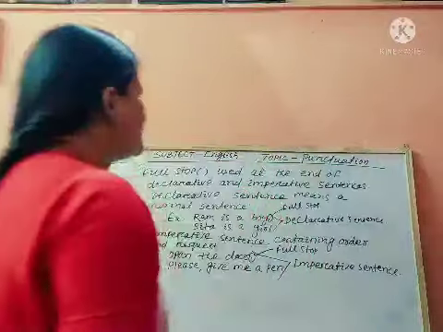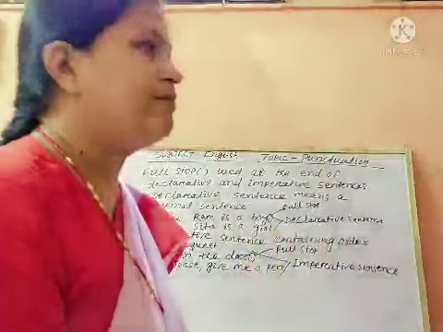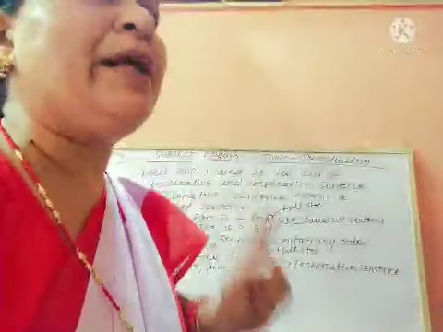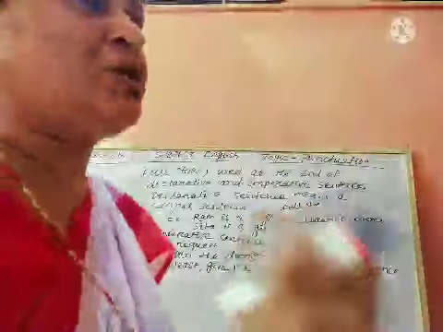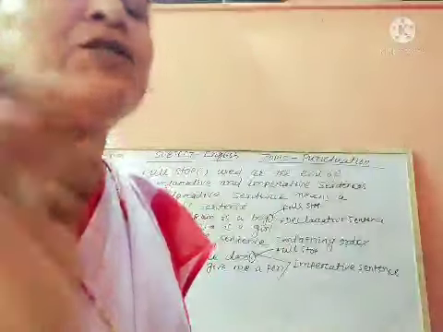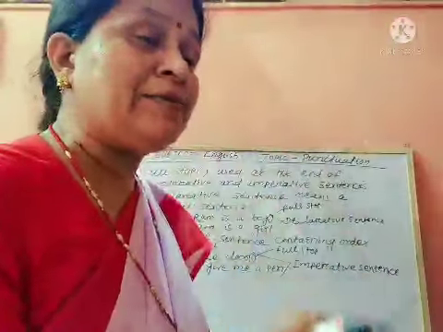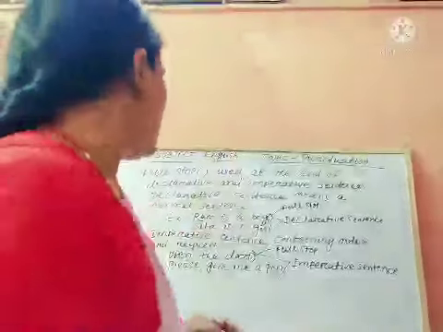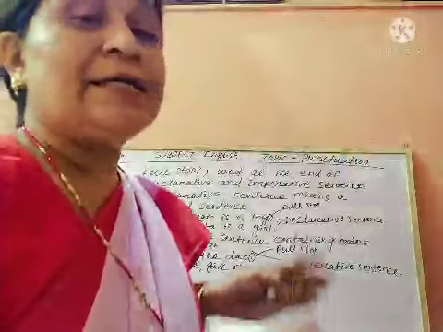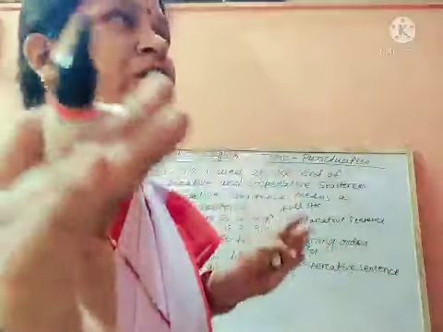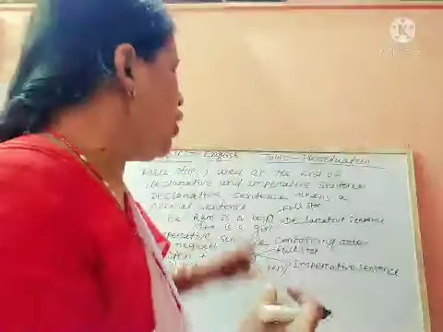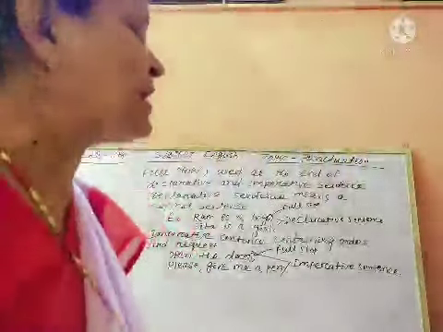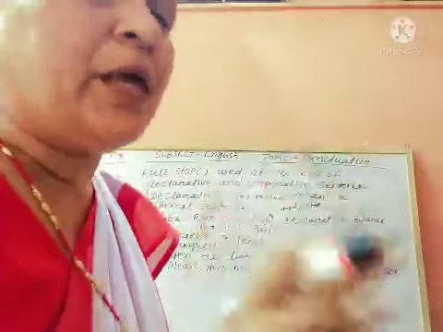The first rule of full stop is that it is used at the end of declarative and imperative sentences. The declarative sentence is a normal sentence, for example, Ram is a boy, he is a student. The imperative sentence contains order and request, for example, open the door, please give me a cup of milk. At the end of such a sentence, we use full stop.